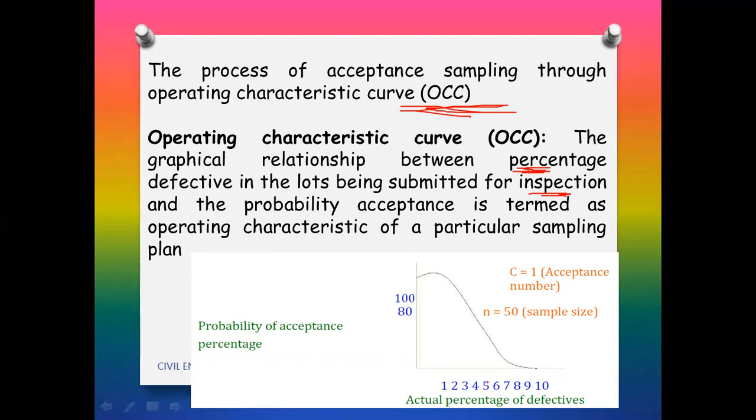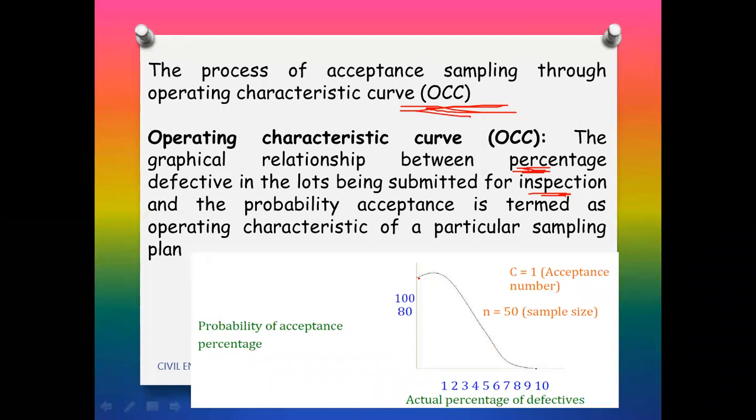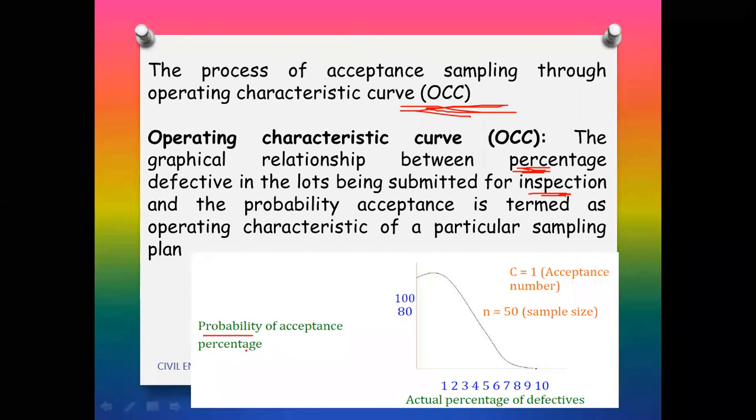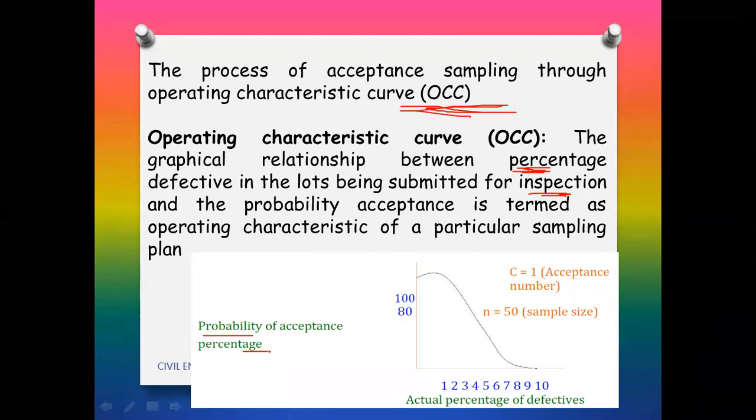And if you are showing a number of defectives 20, 30, 15, 17 like that, whenever the percentage is going according to the standard shown in the chart, whenever it reaches a certain point, we are keeping some probability of acceptance percentage. So to accept, in general words, without any graph or anything,